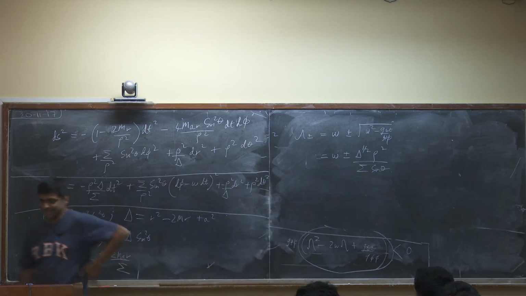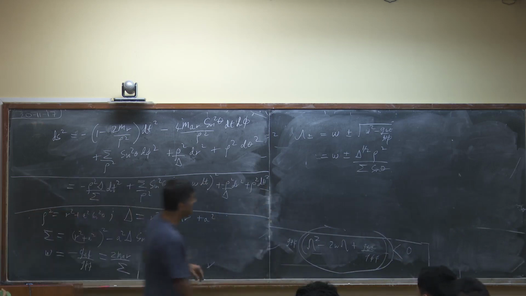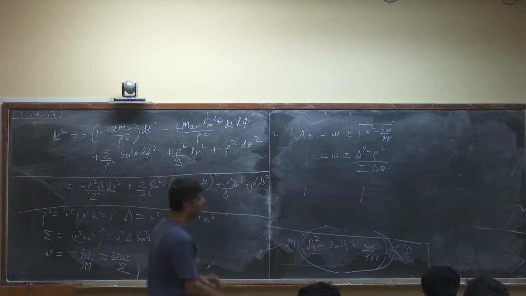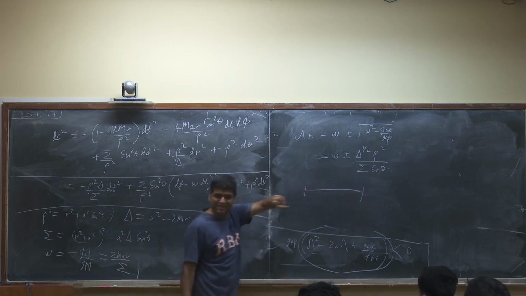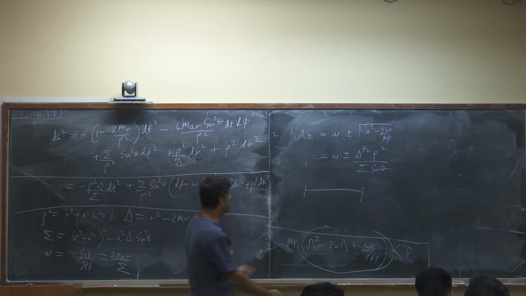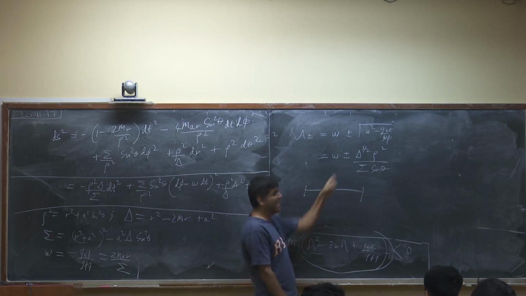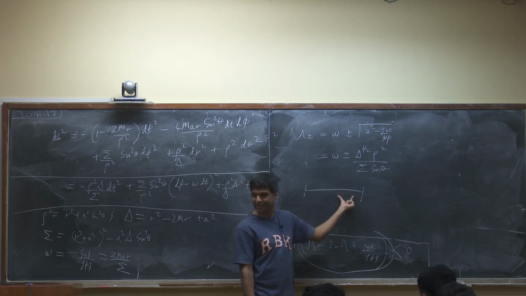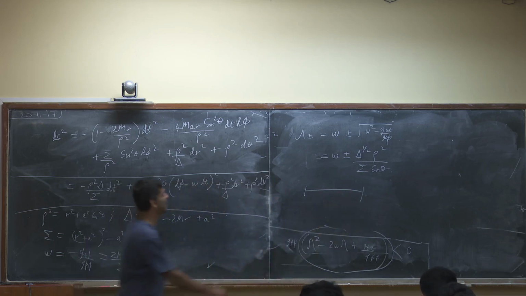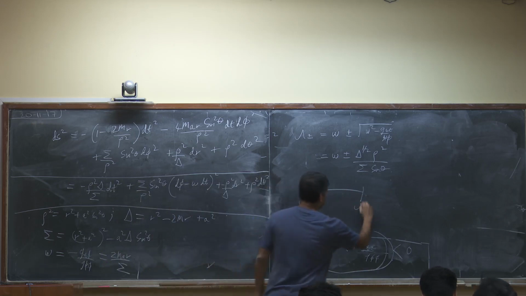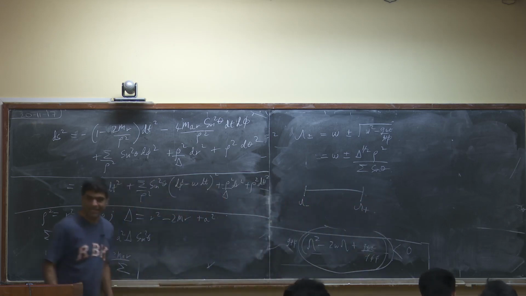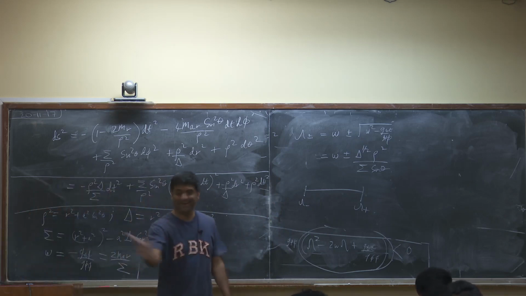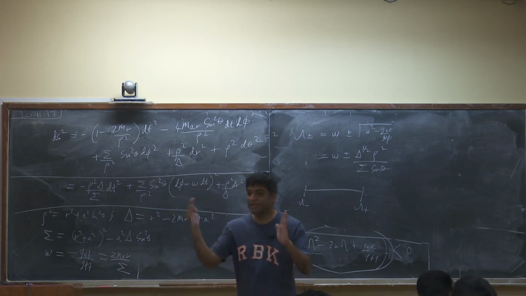So let's see. What this gives us is some interval. You have to check the overall sign, but if you look at this carefully, you find that this capital omega has to lie between these two roots. Let's call this omega minus and omega plus. Given a value of r, the omegas at which you're allowed to stay stationary lie between a minimum and maximum